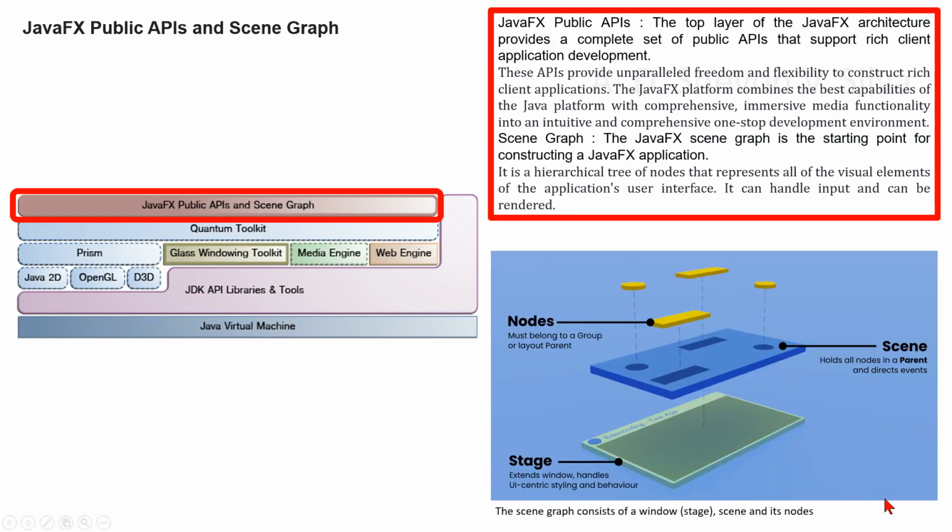Here you can see the scene graph consists of a window, stage, scene and its nodes. A scene describes everything that is inside a window